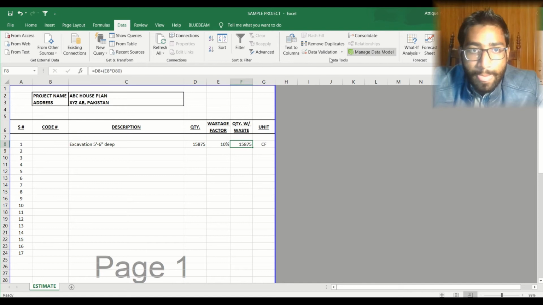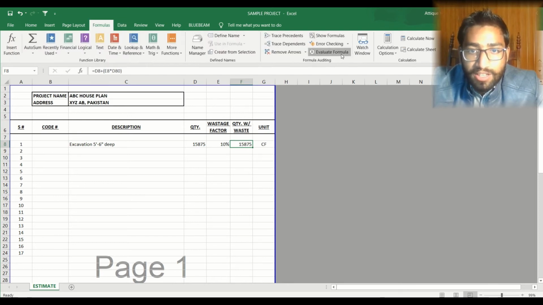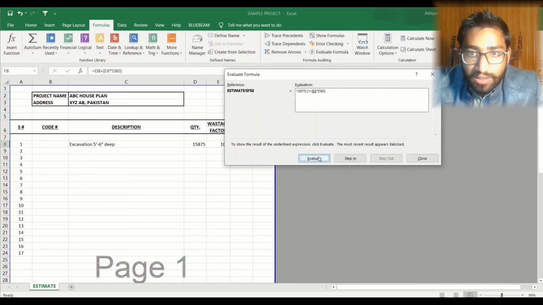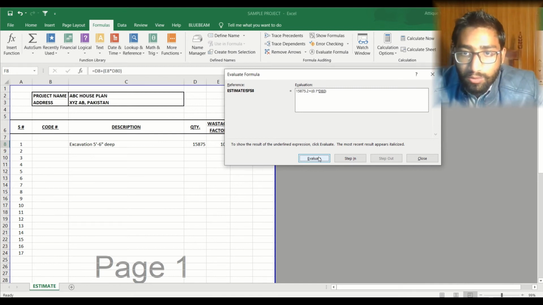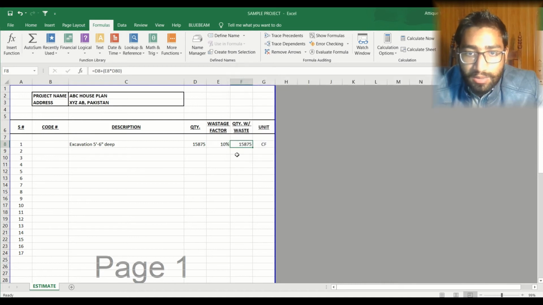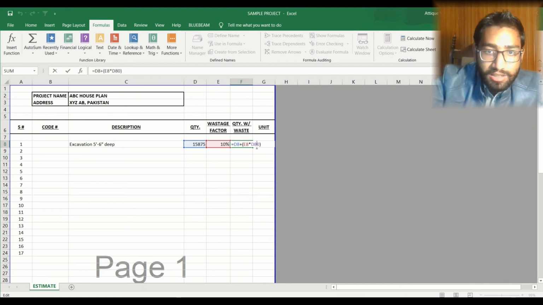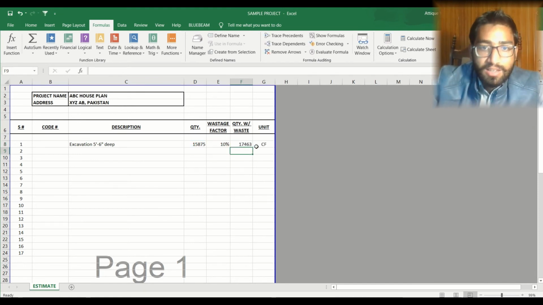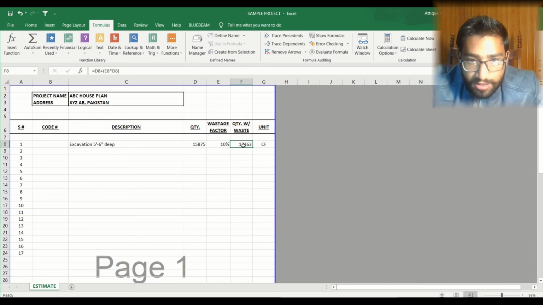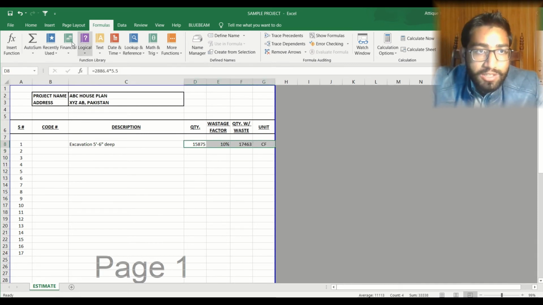Go to Formula and evaluate the formula. D8, we have this much quantity plus 0.1 into 0. It shows me 0. Why? Is there some kind of error here? E80 into, oh, actually this is D80, so I need to do it as D8. Yes. Now it shows me that I have 10% added to the quantity.